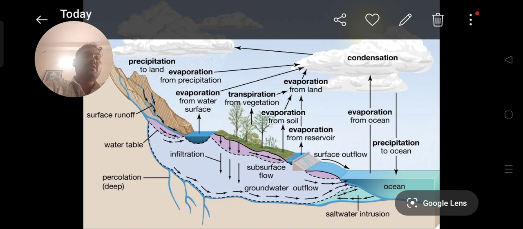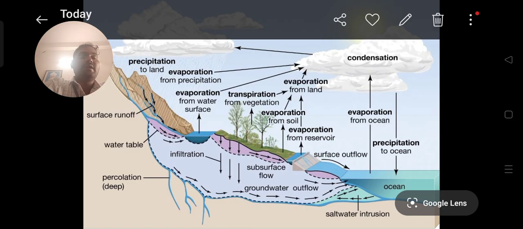How is the water evaporated? There is sun energy, that is, solar energy. The sun energy touches the water body, and the boiling point of water is 100 degrees Celsius, at which the water is converted from its liquid state to vapor. Because of the sun energy, that water is going to be